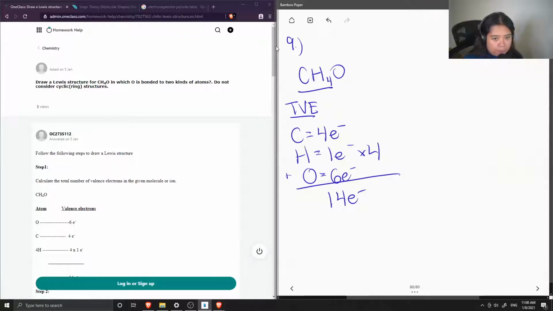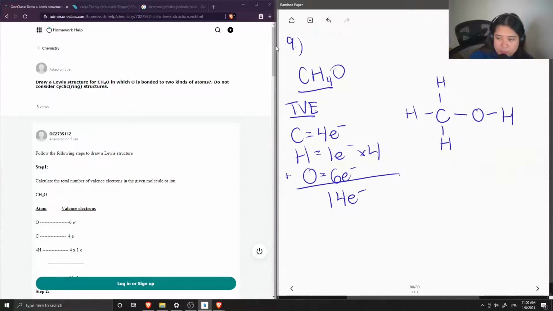electrons. So first, let's draw my carbon, and I'll have it single bonded to 3 of the hydrogens, and another single bond to the oxygen so that it has a full octet. And now the oxygen will also have a single bond to the last hydrogen. So if we count out how many electrons I've drawn so far, each bond contains 2 bonding electrons, and we have 5 bonds in total, so I only have 10 bonding electrons out of the 14 that I need for